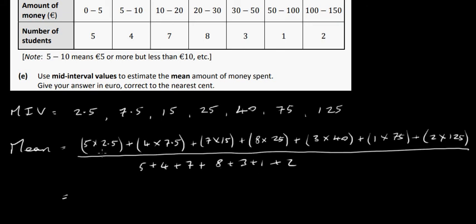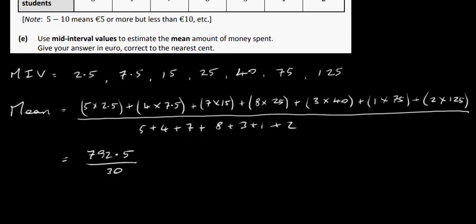So you can do the top line, you can do each individual one and then add them up. I'm going to skip a line here and just write down what I got when I worked out the top line. So it was 7,292.5 on the top line, and the bottom line is just going to be 30. There were 30 students. Okay, so all we've got to do is divide the top by the bottom, and you end up with an average spend of